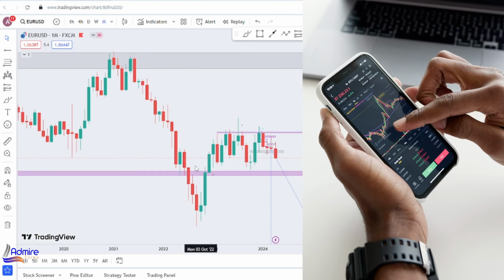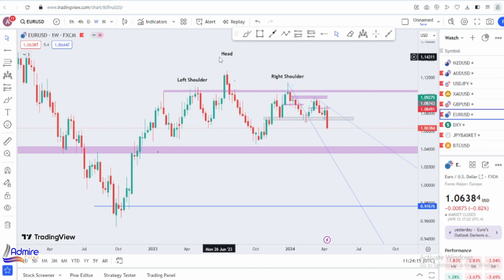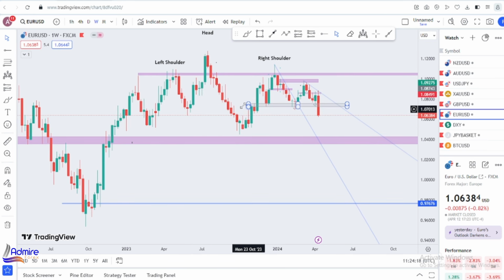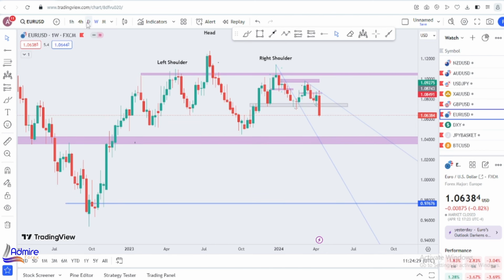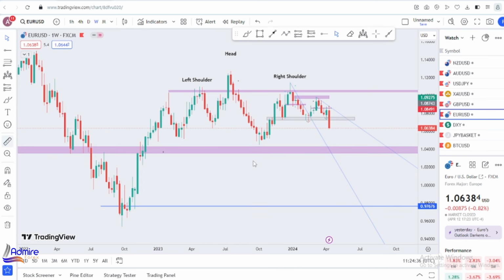Inside here on our weekly time frame, we can see price has been creating a very nice chart pattern, one of my best chart patterns which I like spotting out, which is our head and shoulders. We have our left shoulder here, our head, and a right shoulder. So price is going all the way bearish, all the way to the downside. And if price is able to clear these lows, we should be looking for some drops. Let's measure that.